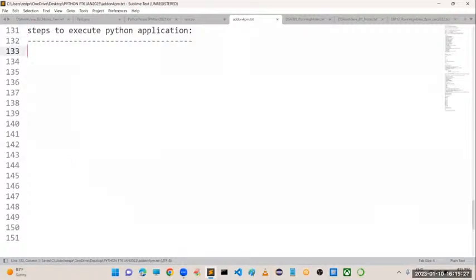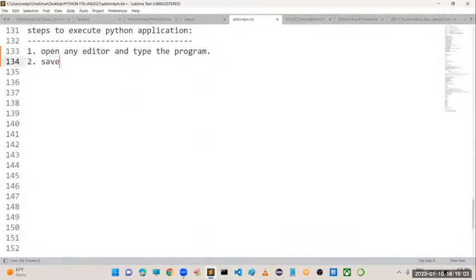Now in today's session, we need to talk about the steps to create your first Python application. If I want to prepare any Python application, what steps do we have to follow? The first step is that you have to open any editor and type the program. Already I explained, we have Notepad, Edit Plus, so many editors. You can use any editor to type the program.